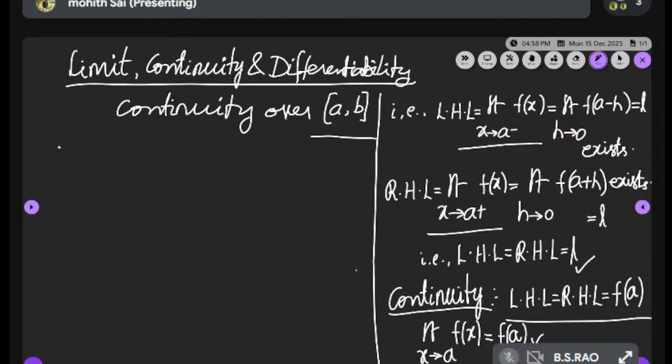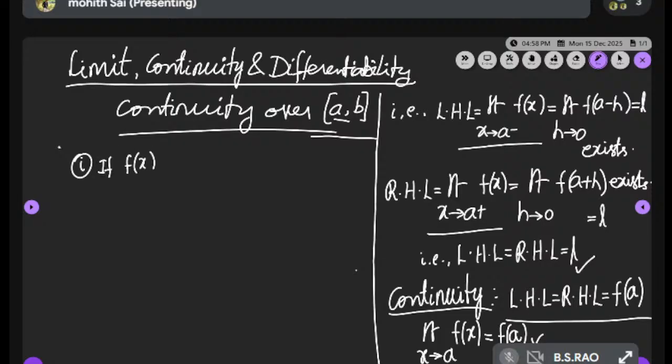Continuity over closed AB means, right on the first one, after A you are having some space, so you can find right hand limit at A, if